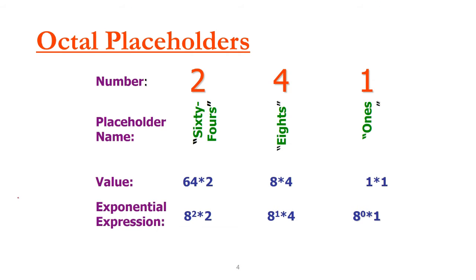So we are still talking about the octal numbers, octal number placeholders. Sometimes it is called weight values as well, or alternatively you can consider it as a placeholder. It's up to you. So as you can see, one number is given, that is 2, 4 and 1. You are told that it's an octal number, that has a base of 8.